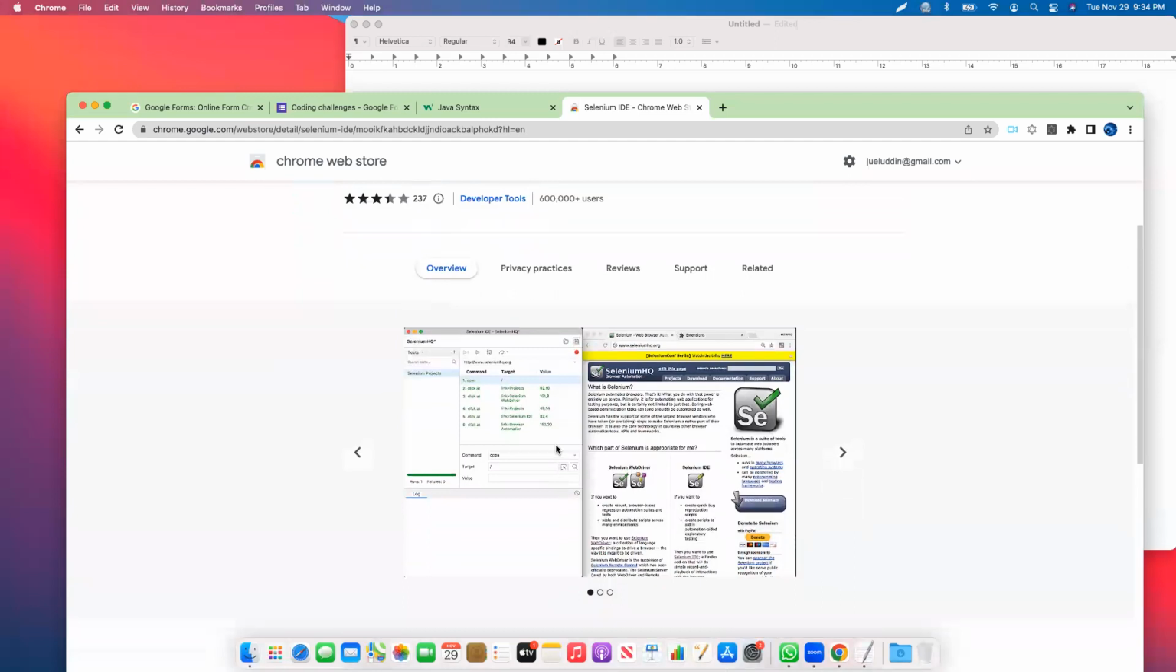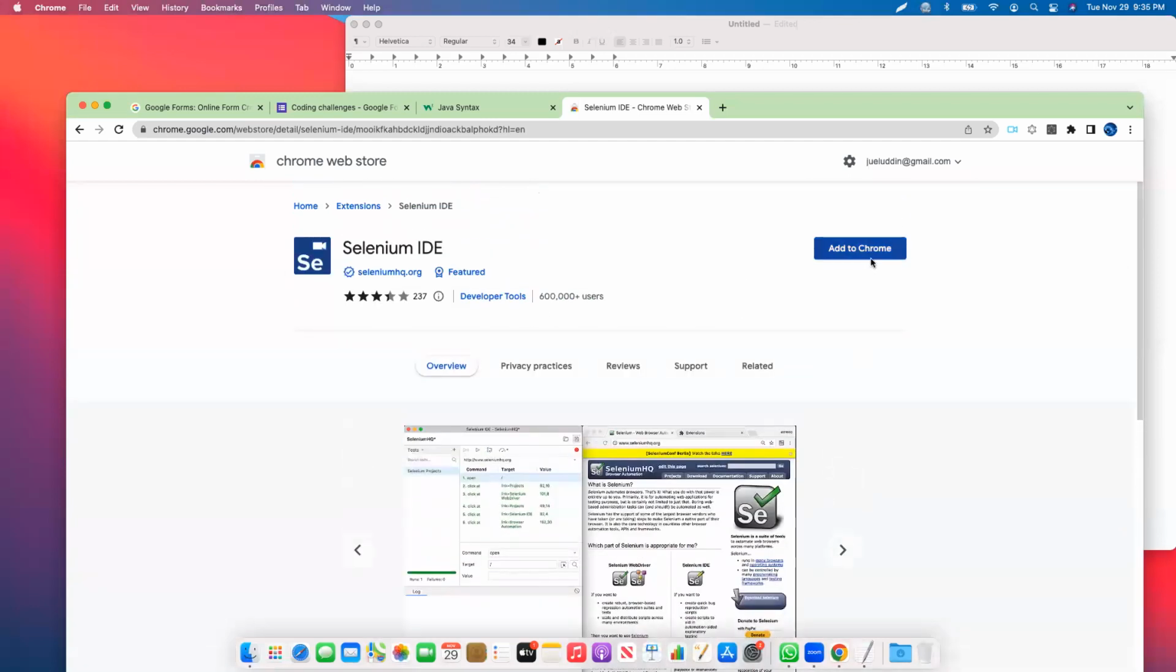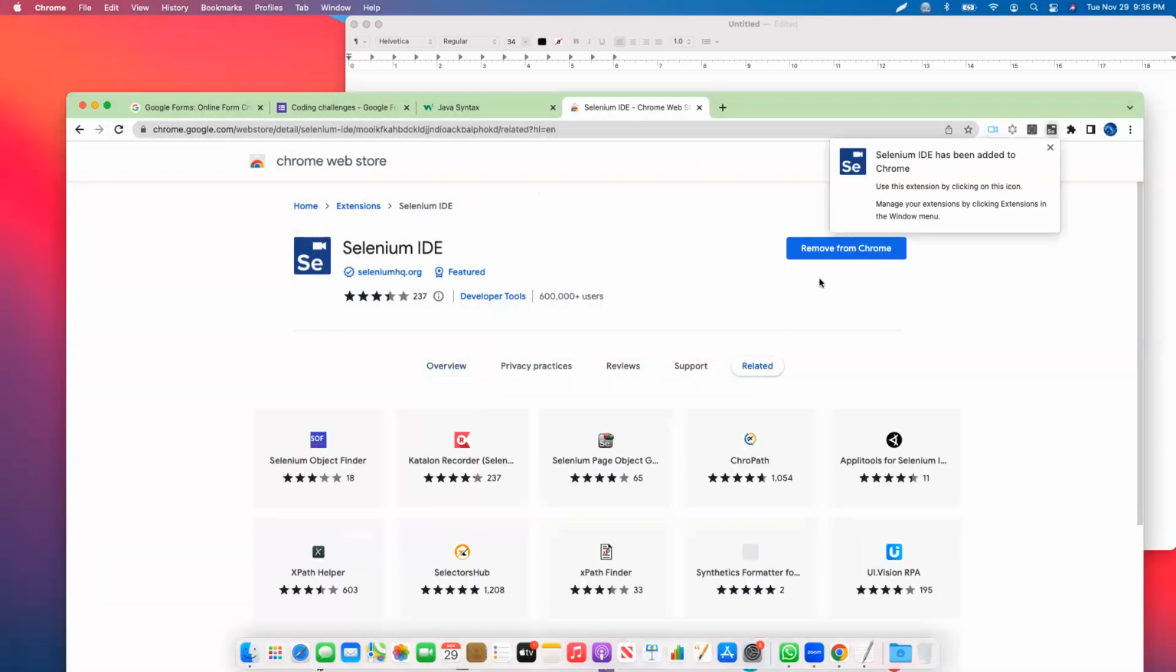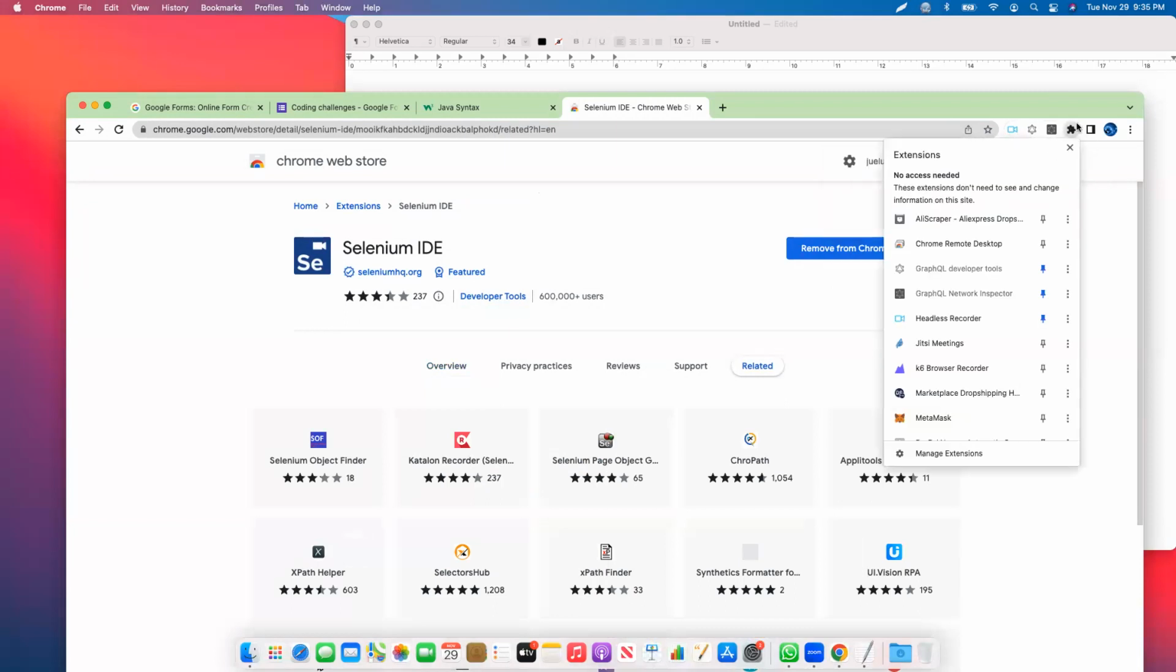These are some pictures and some best practices and stuff like that. But let's go ahead and add these to our Chrome. That's the first thing, add as an extension. Once you add it, it will pop up right there. But if it doesn't pop up, then you click on this